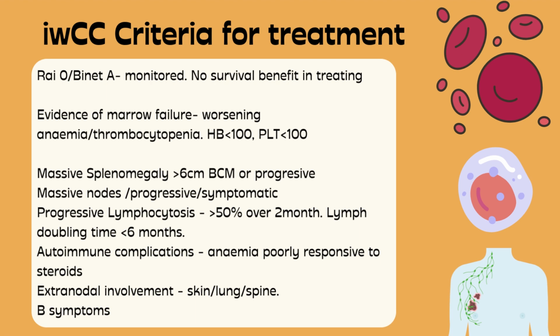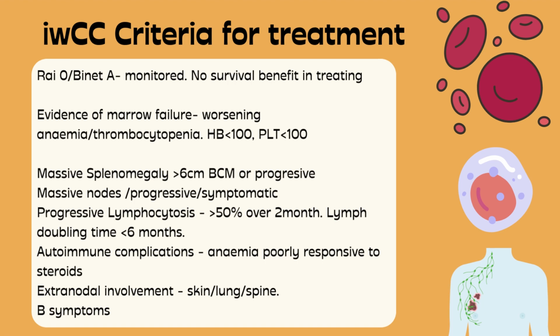Active disease should be clearly documented to initiate therapy, and at least one of the following criteria should be met. So there should be evidence of progressive marrow failure by the manifestation of cytopenias. The cutoff levels are hemoglobin less than 100, platelets less than 100. Massive splenomegaly, massive lymph nodes more than 10 centimeters, or progressive lymphadenopathy, and progressive lymphocytosis with an increase of over